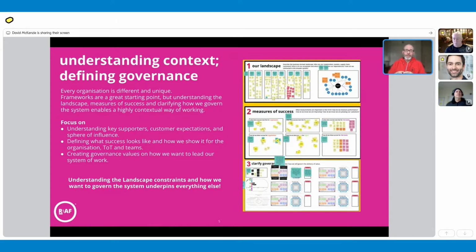So the example you can see there is from a manufacturing company. We ran the Team of Teams launch. This was the second workshop I think we ran. Really looking at that overall view of who do those teams interact with, what success looks like at the organizational